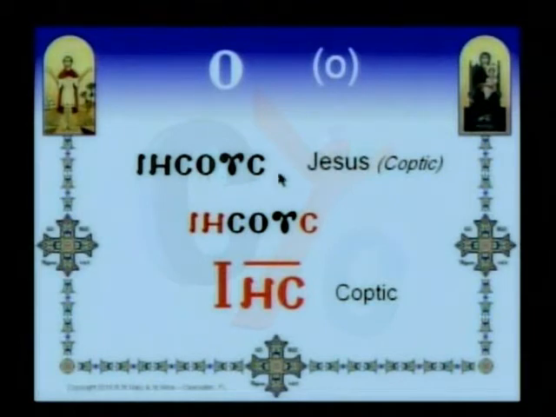I want to compare this also with another word which we use along with Christ. This is Jesus. When we say Jesus Christ, the Coptic word is Isus, and the Greek word is also Isus. But in Coptic, in abbreviation, we take three letters, like P Christos. We take the first two letters of the word and the last letter. So it is the iota, eta and sigma. This is the way we abbreviate the word Isus: the first two letters and the last letter.